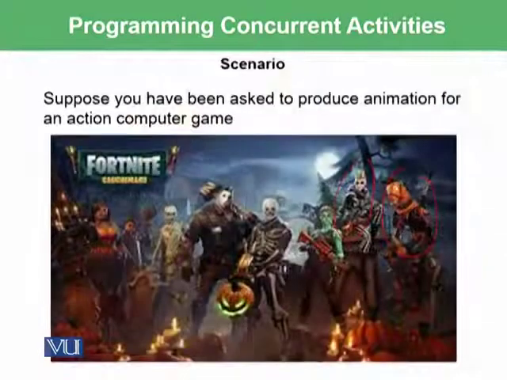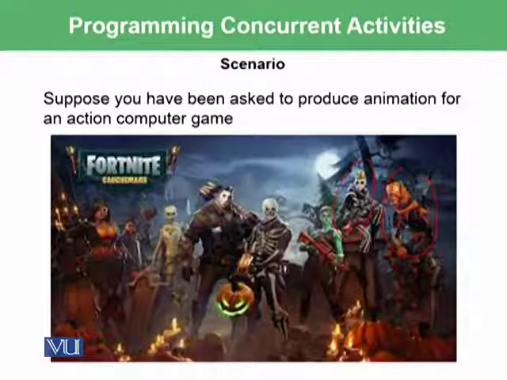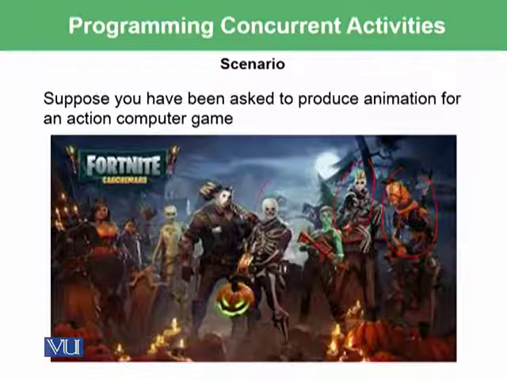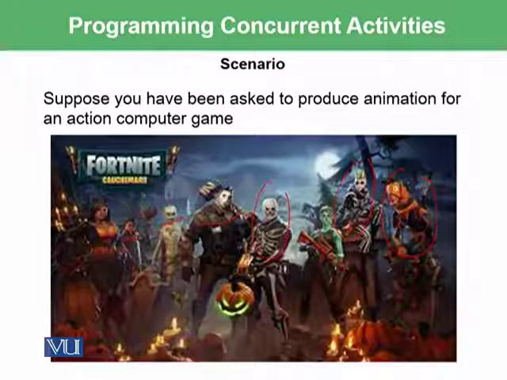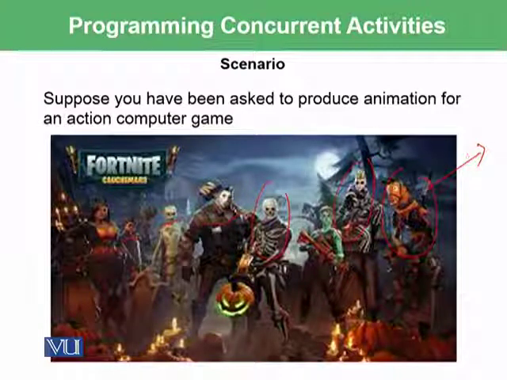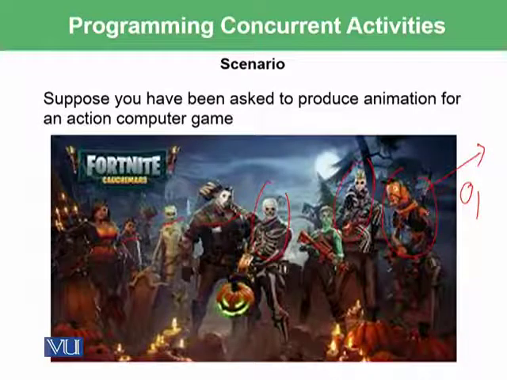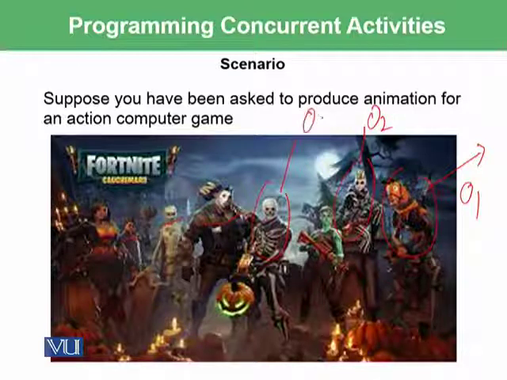So, let's have an example. This is one of the famous games nowadays with kids, and in this game you can see that there are many different icons and there are many different characters. So if, for example, we have written code which is executing or managing the instructions for this particular object, we say it is object 1, then until this object's instructions are finished, object 2's instructions cannot be executed, object 3's instructions cannot be executed, and so on.